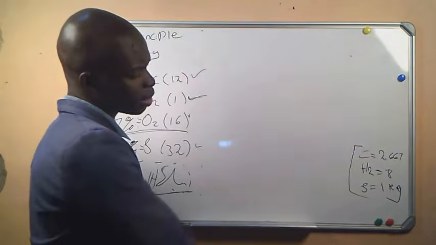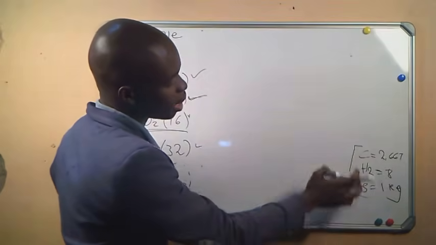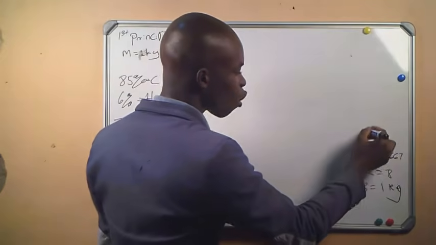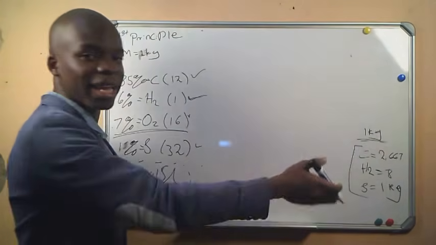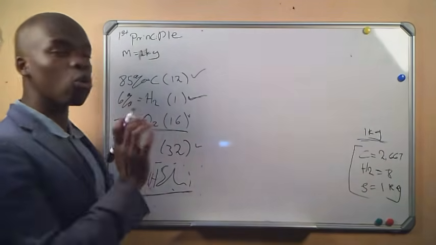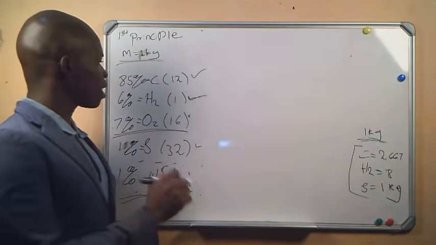What we know about this amount of oxygen required by the carbon, the hydrogen, and the sulfur is that it is for 1 kg of each and every one of these. But the mass of the coal is 1 kg itself, meaning that